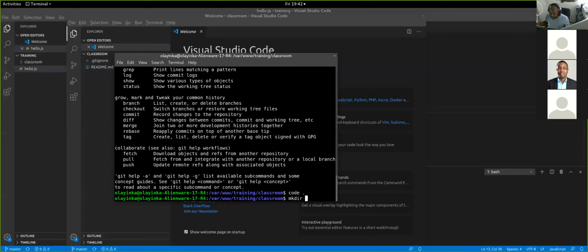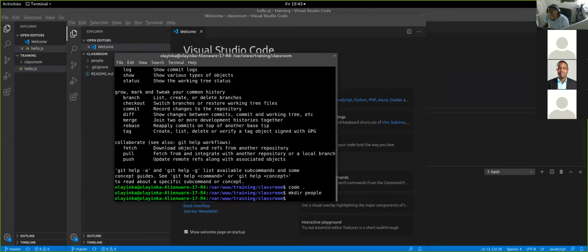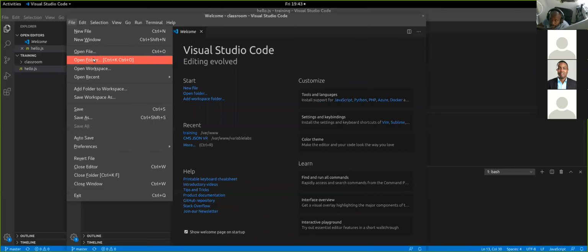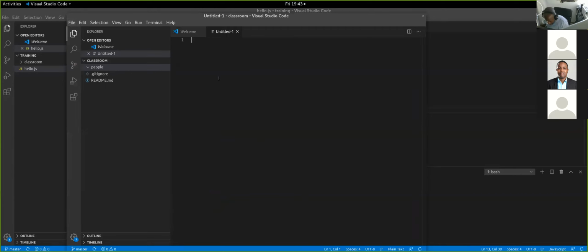I want you to see how you can collaborate, right, using Git. So this is now a live demonstration. So I'm going to make a directory here, right? And I'm going to call it people, right? And so here, I'm going to create a new file. What do I want to do? New file, right? And I'm going to say